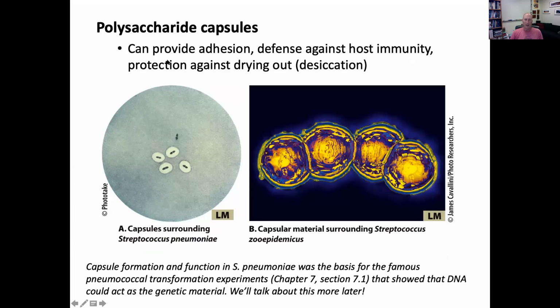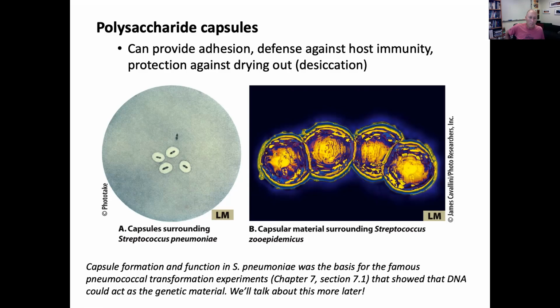These are polysaccharide capsules, right? Now, if you've done lab already this week, you looked at something like this, which is a capsule stain. Essentially, it's a negative stain. So this is where all the stain is, and it is not in the capsule. So you can see this clear area surrounding these Streptococcus pneumoniae cells, right? And so these actually have a sugar coating on the outside, kind of like an M&M, except it's a lot